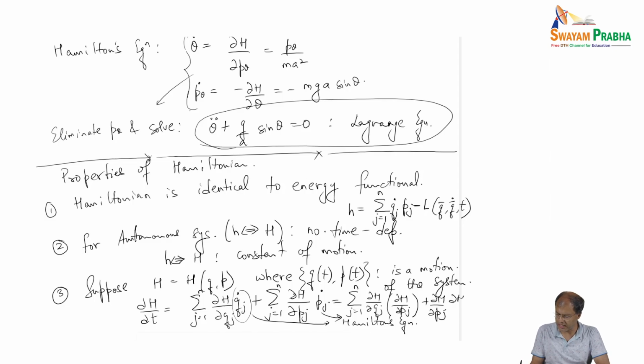So this is partial H partial Qj, and we have a minus sign because the Legendre transform gives a minus sign. So then we see that this summation is nothing but 0, because both these terms cancel each other,